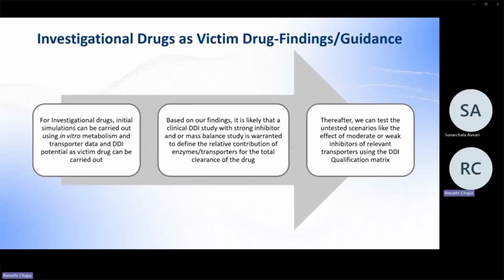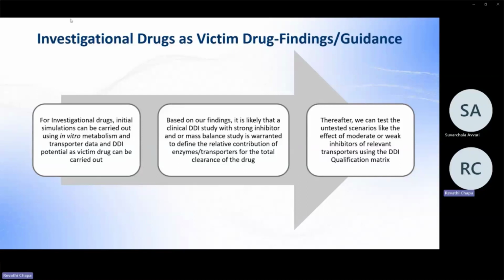So, okay, we have discussed that we have developed models of PGP substrates and OATP1B substrates, and we also have validated models of OATP1B1 inhibitors like rifampicin and gemfibrozil. So what do we do with these models? How do we apply them for regulatory submissions?